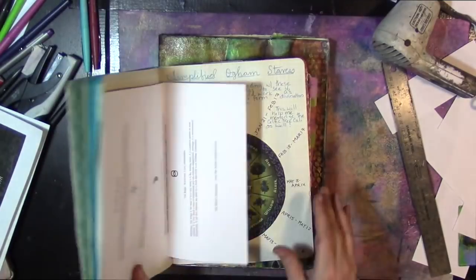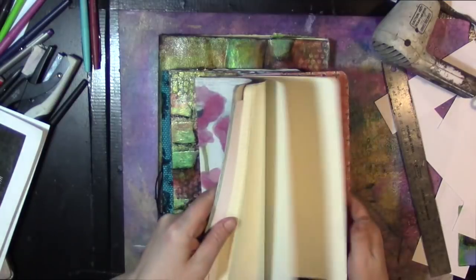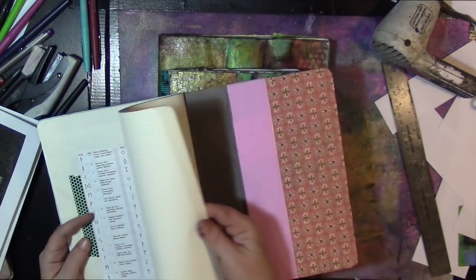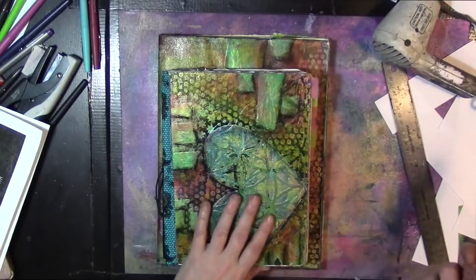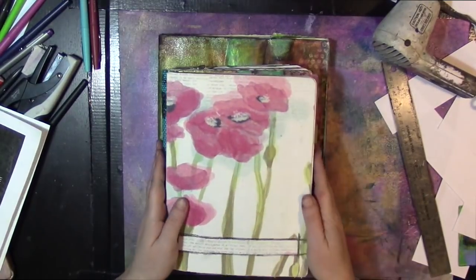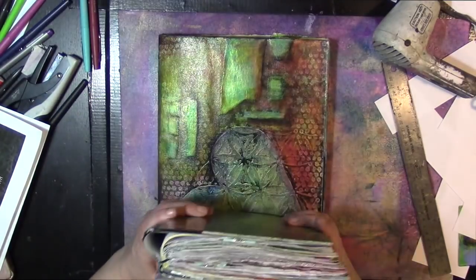And then if I don't manage to fill it up, I mean, this is only 30 days long, I probably won't fill this up. We'll have to see. Then I will just continue in my spiritual journey in this journal until it's full up, and then I'll probably move back into doing everything in the same journal like I always do. So that is just a quick video to walk you through what I was up to today